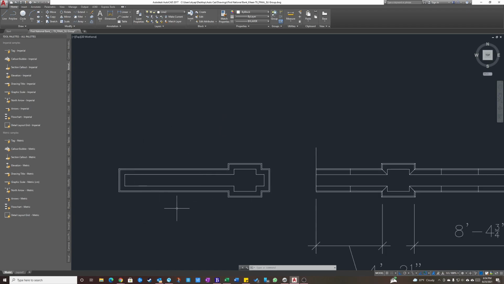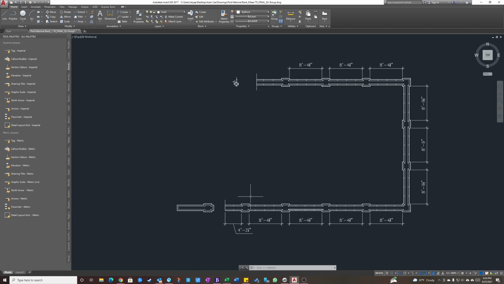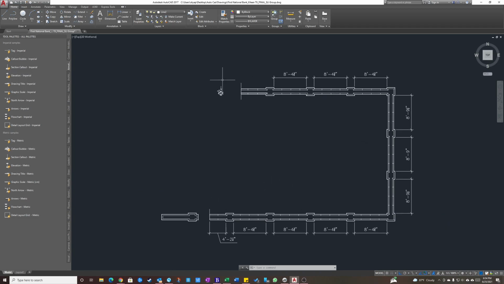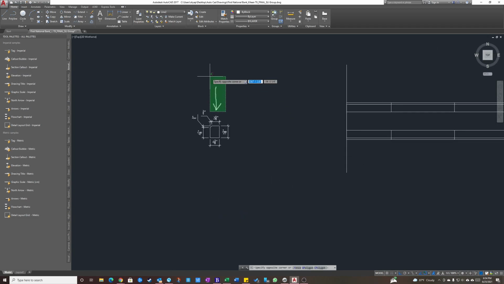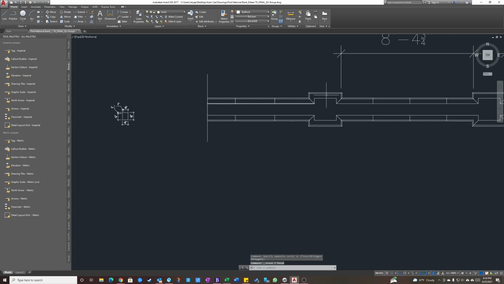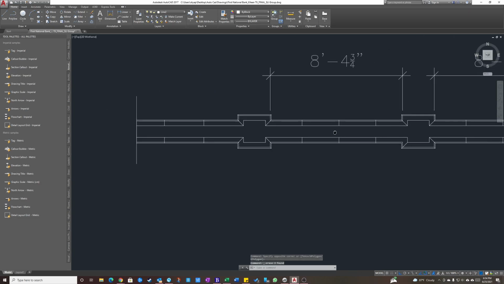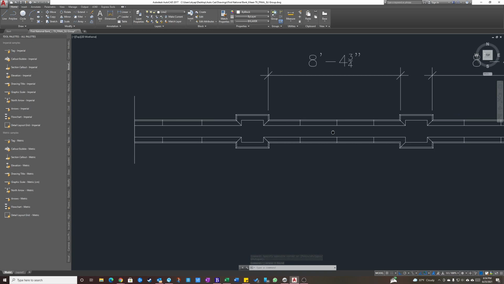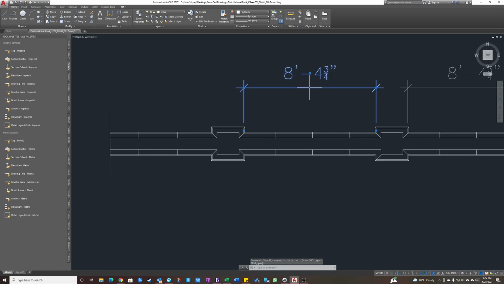We still have this section here to finish, but you get the idea on how to finish it based on what we've done here. So what we're going to do here, we're going to go ahead and add dimensions to all of this. Okay. Basically the same way we added dimensions here,